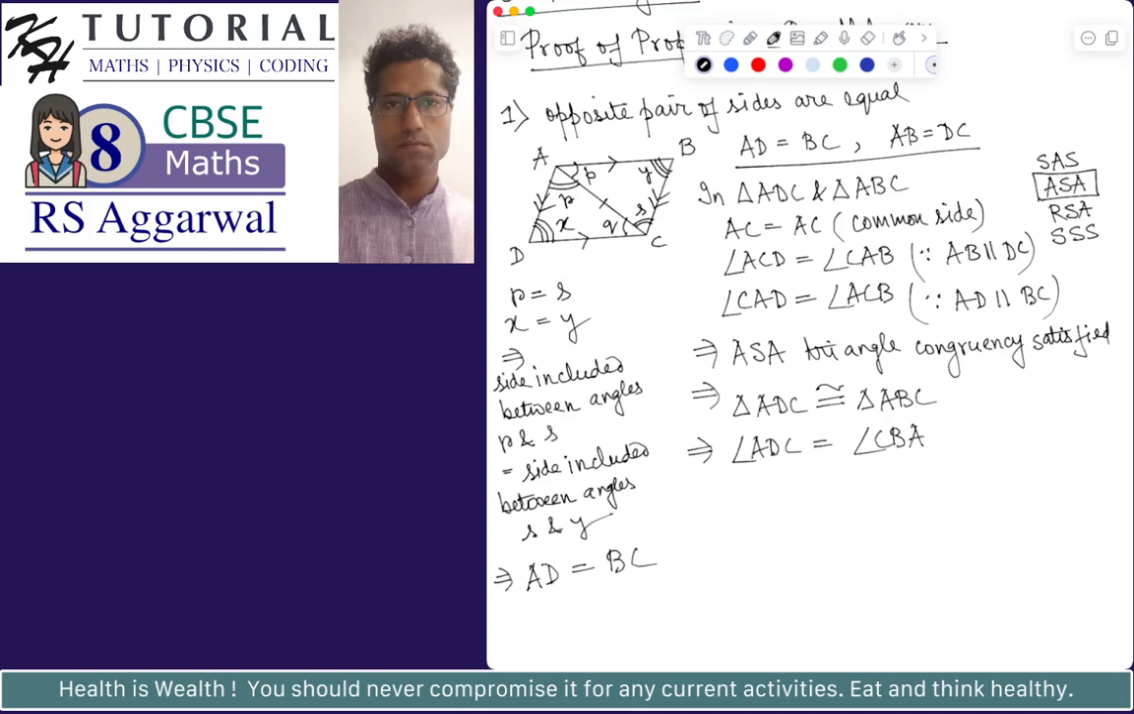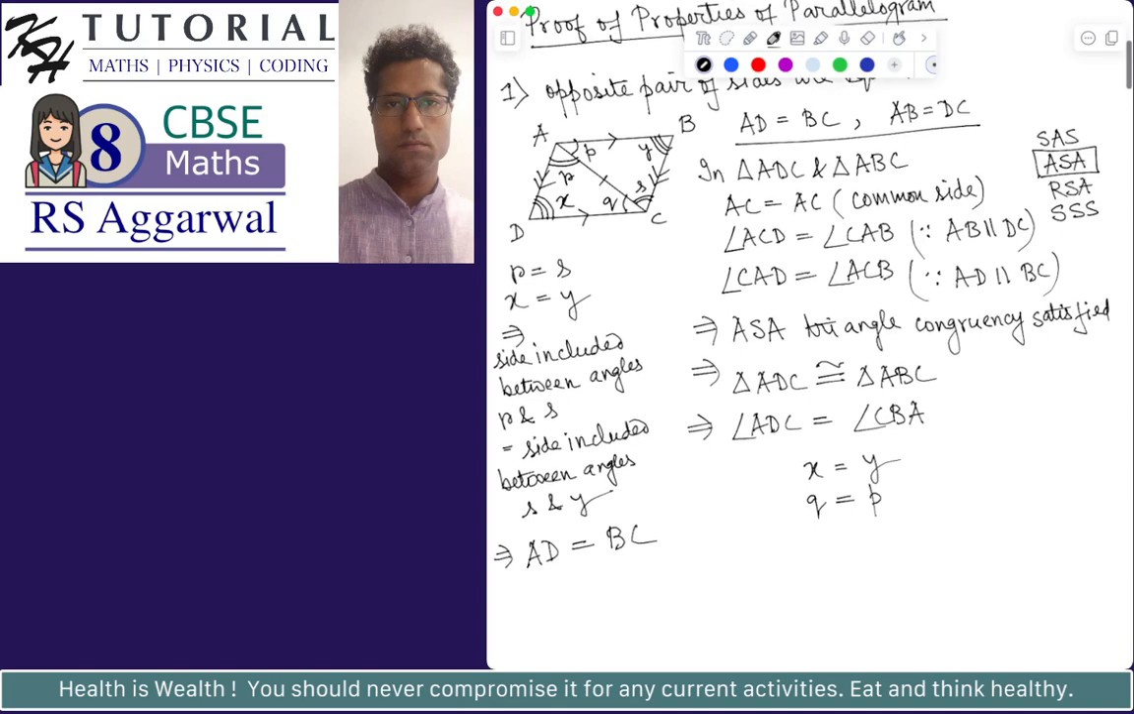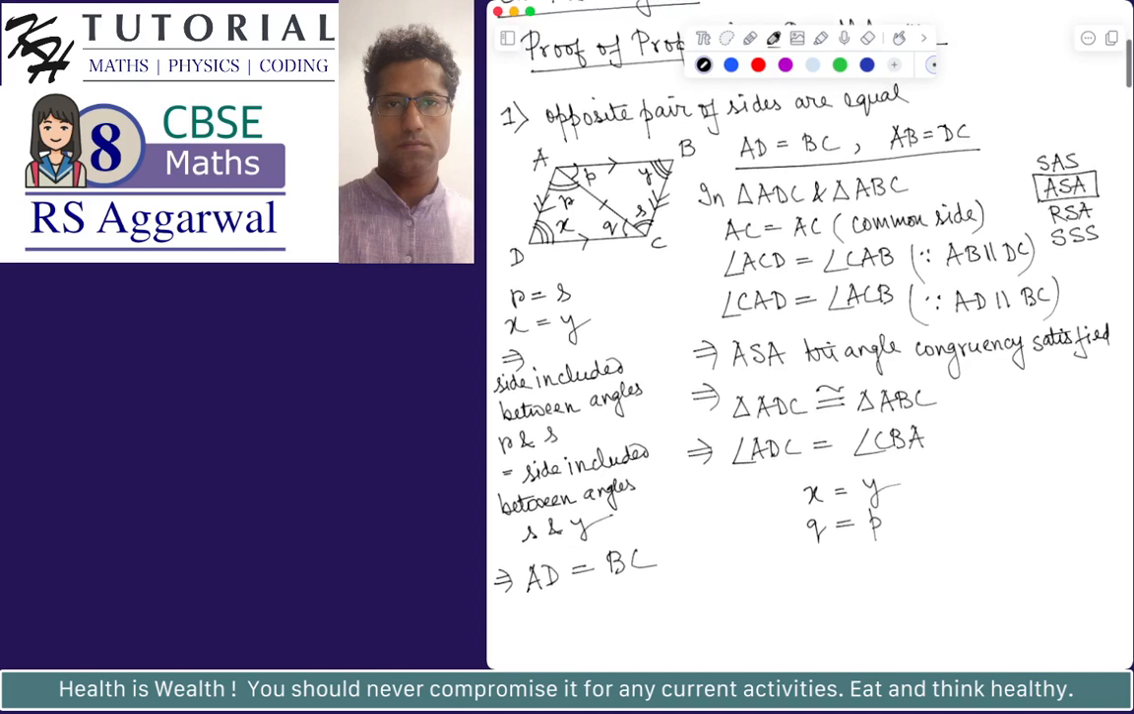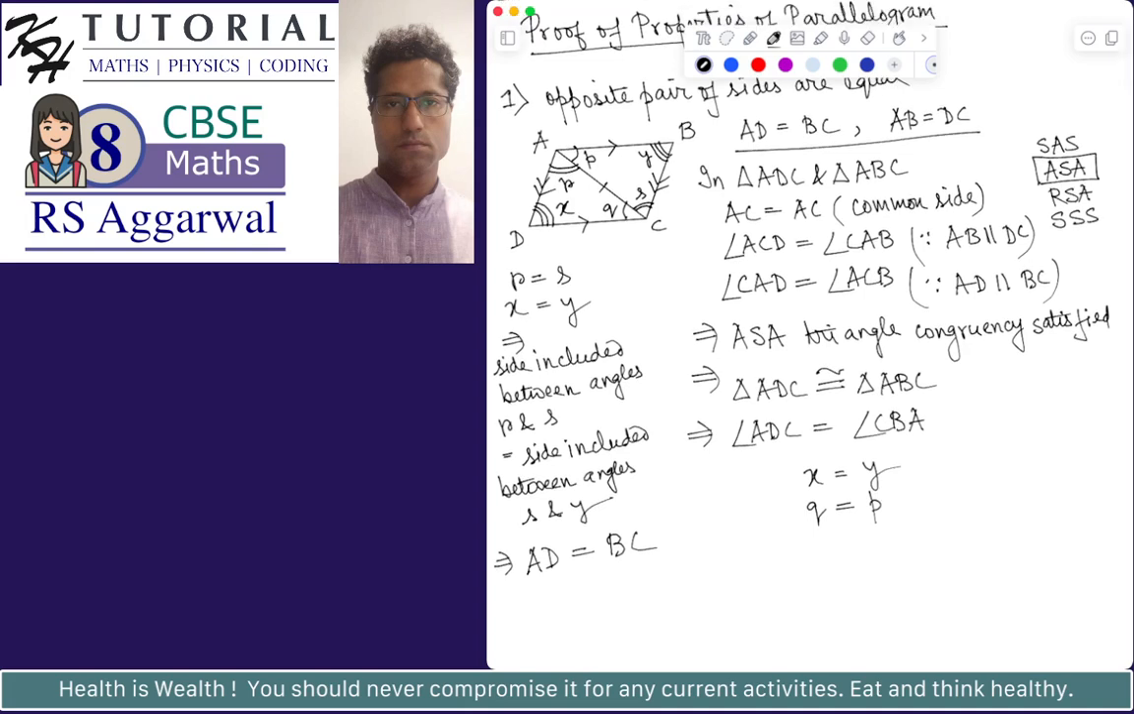Or DC is included. So we have again X is equal to Y, and we have Q is equal to P. We have already established that X is equal to Y and Q is equal to P, that is, angle X is equal to angle Y and angle Q is equal to angle P, based on the labeling that I did on the diagram. Okay, so this will imply that